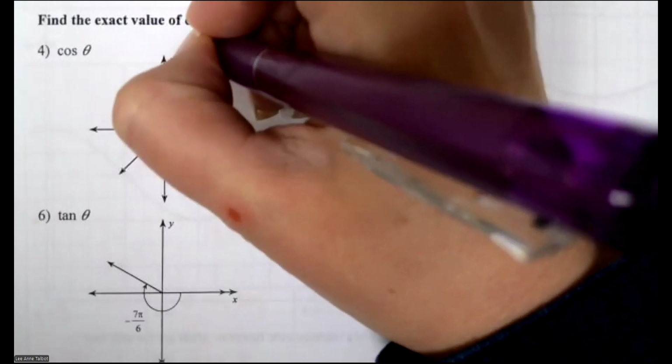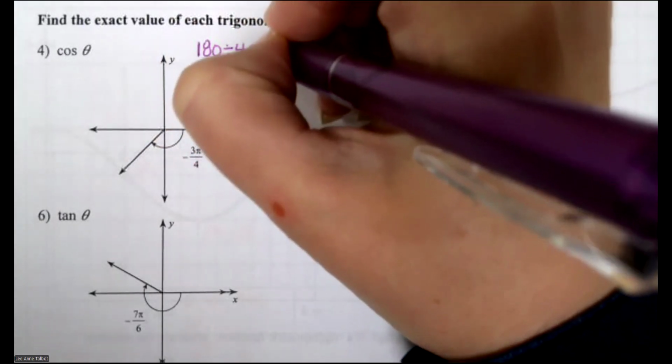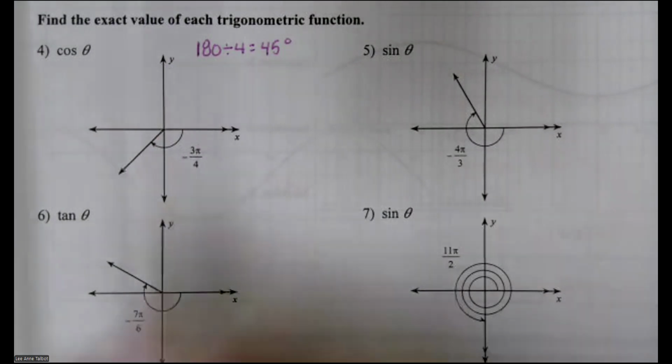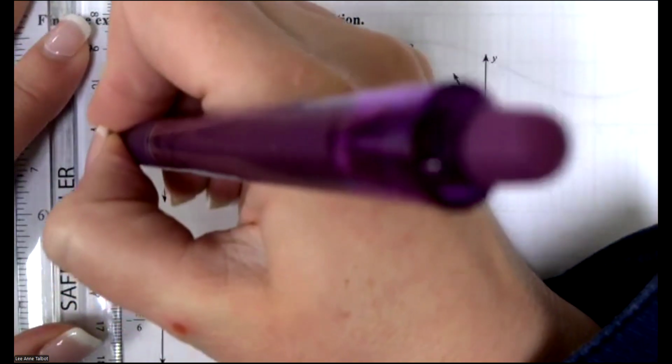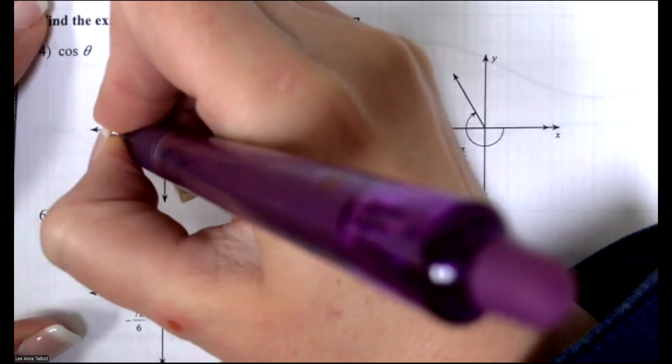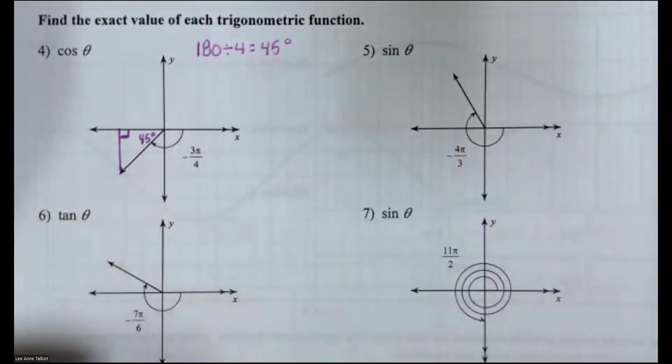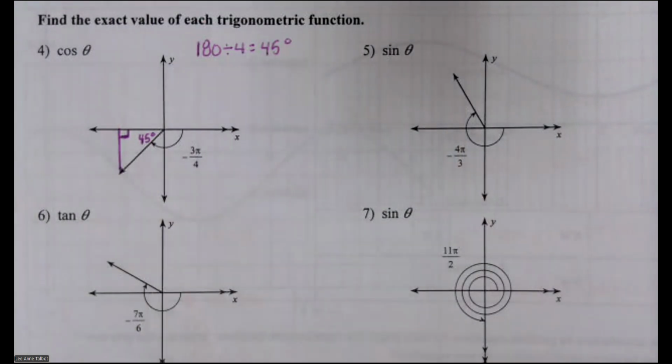So right here, I'm going to go 180 divided by 4 equals 45. Which means that this is a 45, 45, 90. Okay, 45, 45, 90